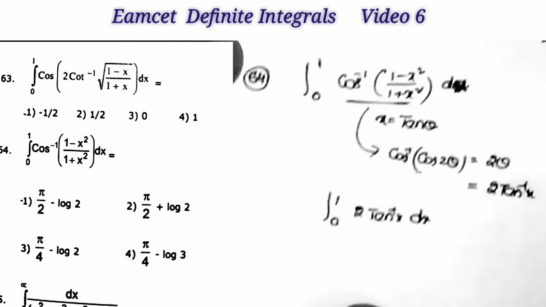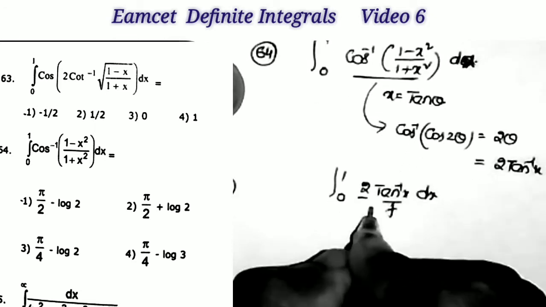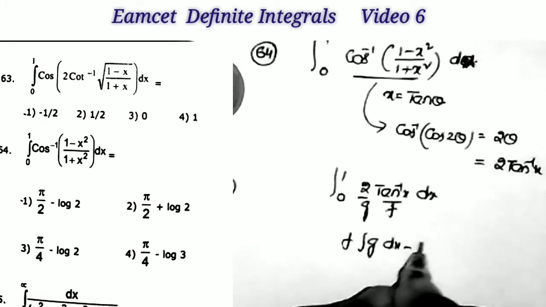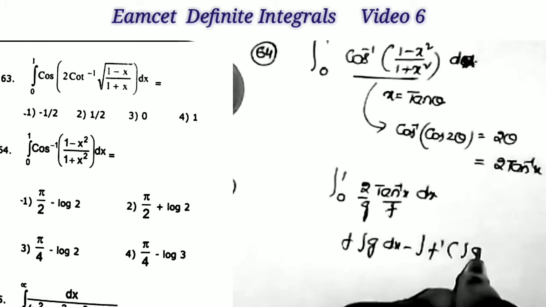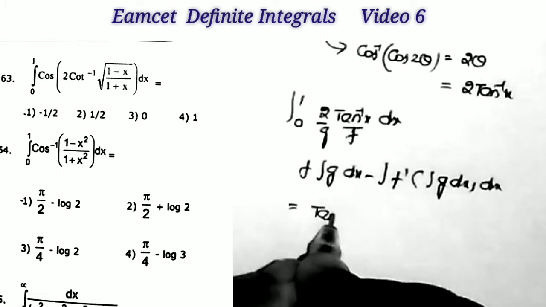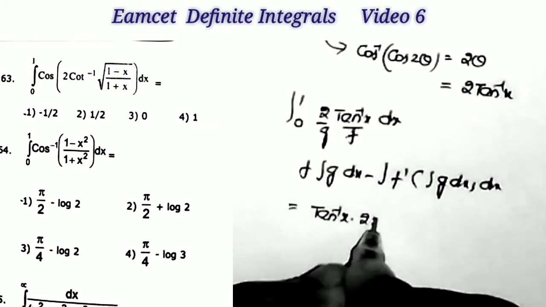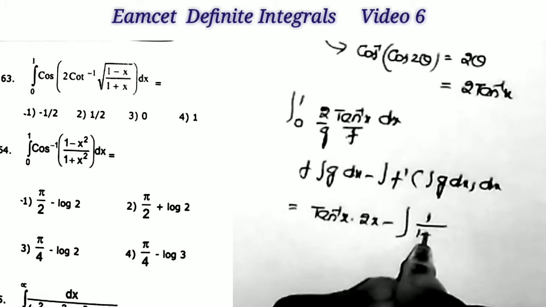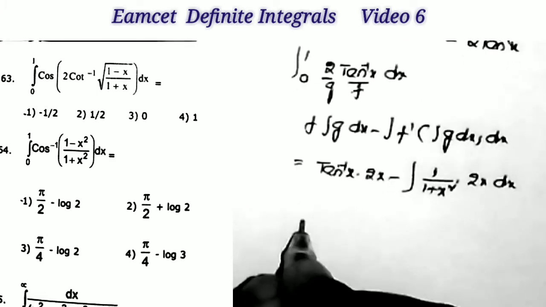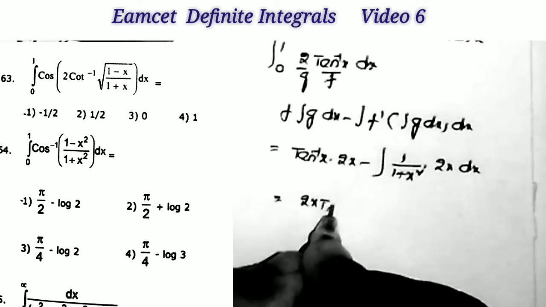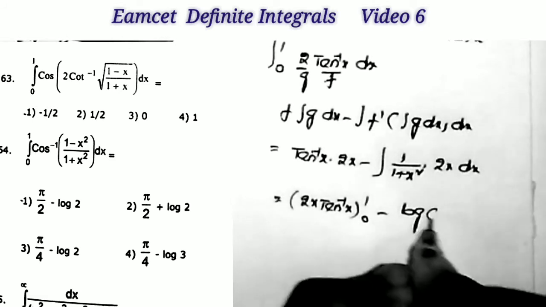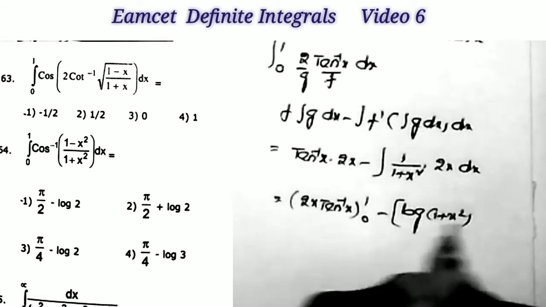Now, applying the FG rule here, this is f, this is g. Okay. So, what is the formula? F into integral g dx minus integral f dash into integral g dx into dx. Okay. Now, replacing the value. So, this is equal to tan inverse x into integral 2 dx is equal to 2x, minus integral tan inverse x derivative 1 by 1 plus x square into 2x into dx. Okay. Now, this is equal to 2x into tan inverse x, where the limits are 0 to 1, minus this is log of 1 plus x square, f dash of x by f of x, where the limits are 0